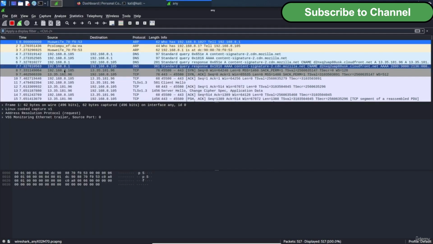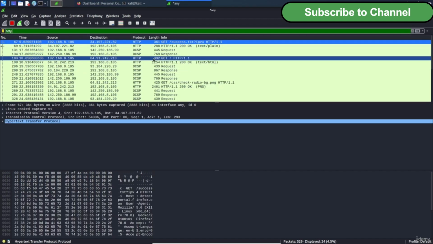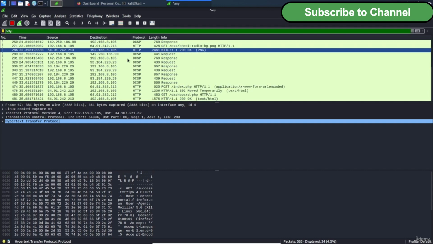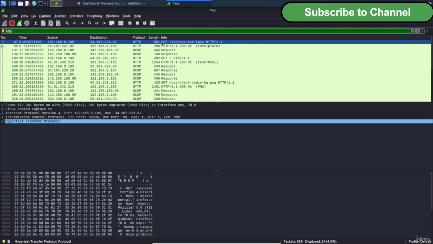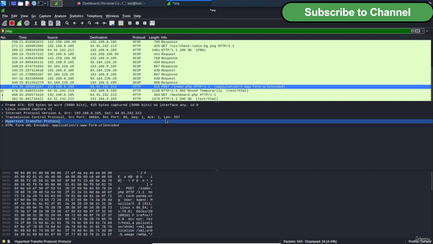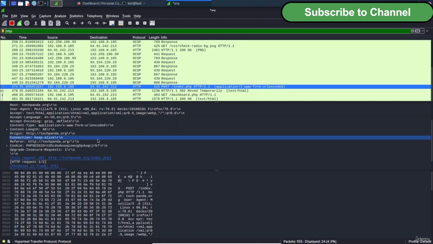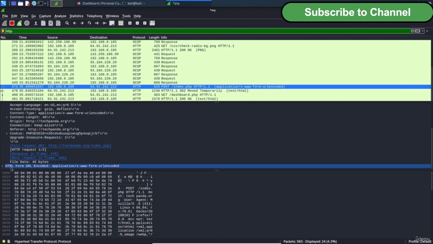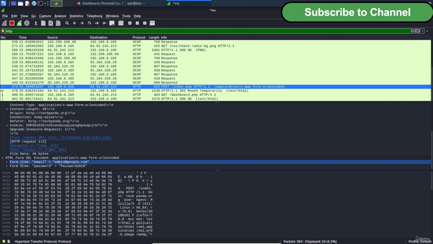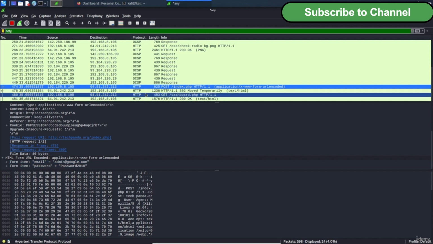Okay, now here is the thing. Now if I go here and type http, press enter, you can see that we are capturing all of the data here. Now if you follow the info here, you can see we have a POST. Now this POST, inside it, the hypertext protocol, or from here, from the HTML form URL, you can see we are seeing the username or the email and the password as plain text,